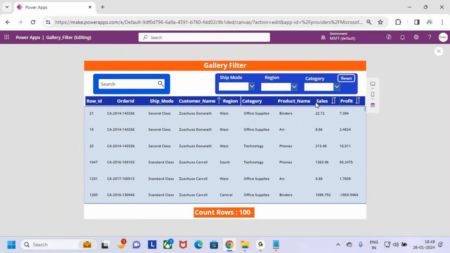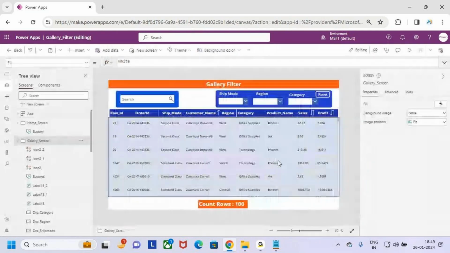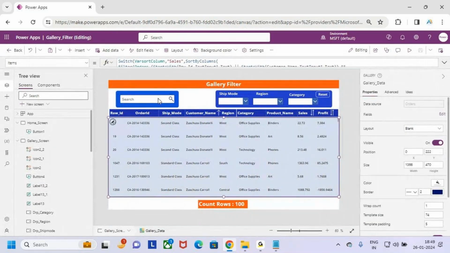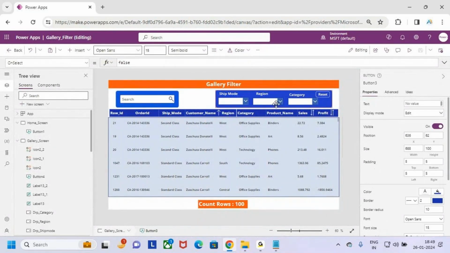Fine. Let me stop here. This is all about how to sort the data in the gallery dynamically, how to search the data, and how to filter the